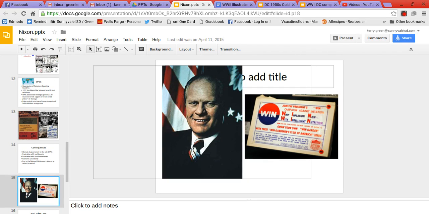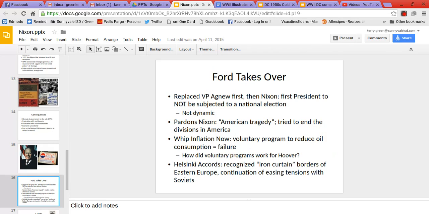Everyone's very distrustful. There's all this general fatigue and frustration with everything, with political correctness and with social rights and with foreign policy and all that kind of stuff. And so he comes in and he tries to clean it up. He basically pardons Nixon, right, which really frustrates a lot of people. This is going to be one of the reasons why Jimmy Carter, a Democrat, is going to win